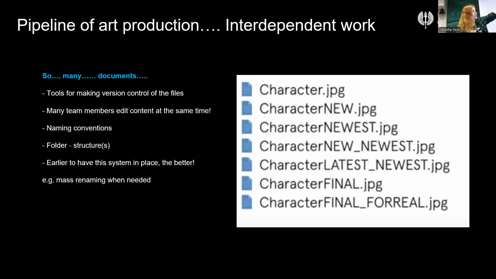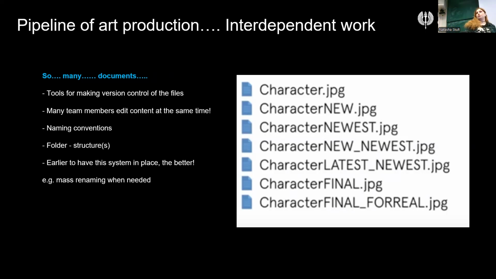So we are not having this "final of the final" approach. We actually have proper naming conventions, which will be used again on various aspects, and then the system will know where to take what when needed. This is part of the automation, especially when it comes to loading things in the game and how things behave. Another problem with this is that quite commonly on the same scene, not even mentioning the same environment, there could be many team members.